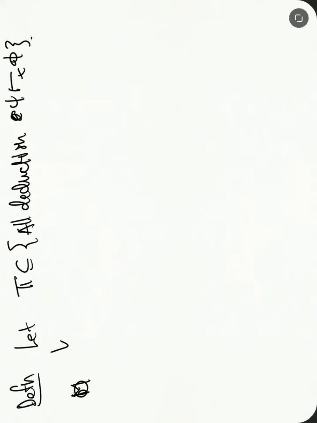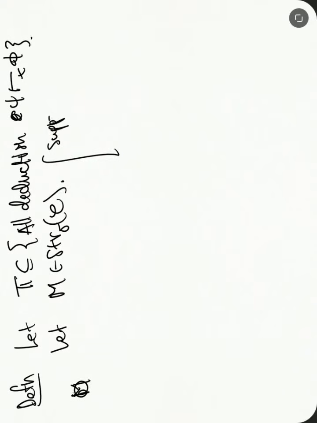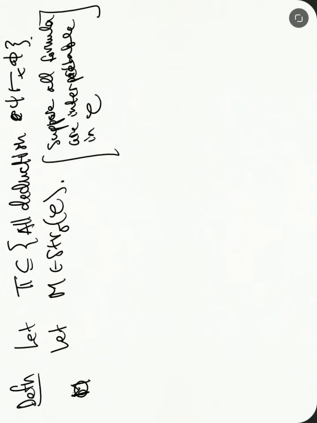Okay, so we also need to take, let me just define everything. M is going to be a structure for this category, and again we suppose all formulas are interpretable in the category C. Okay, so we have this theory, we have our structure, we said that our formulas are interpretable, and now we can make the definition that M is a model